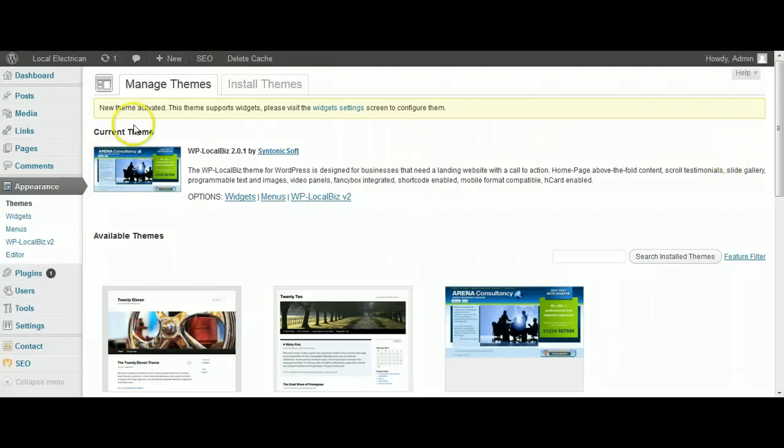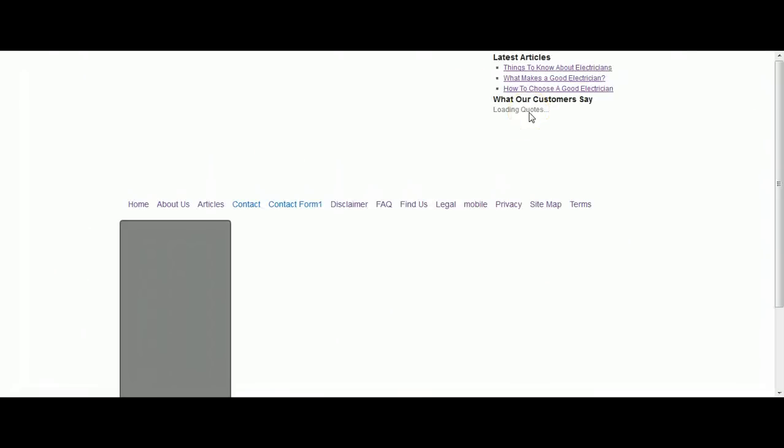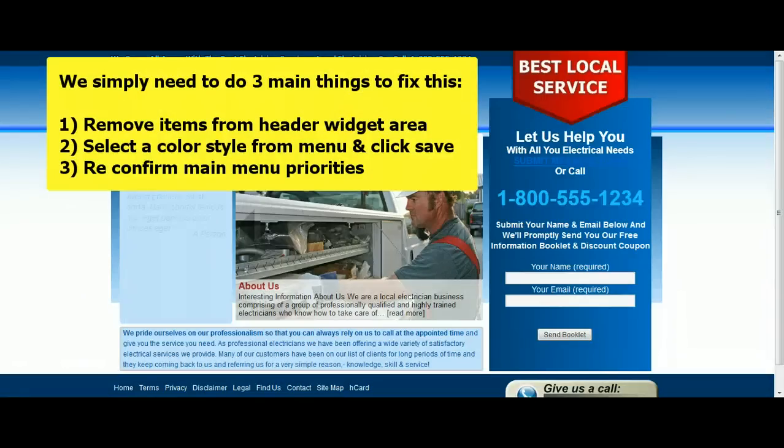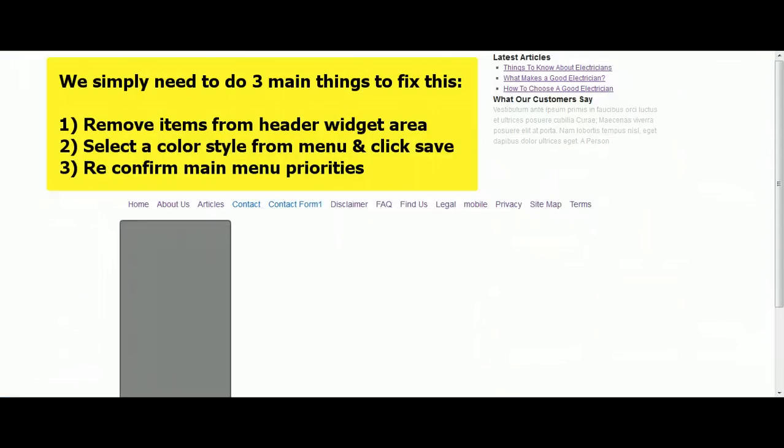Okay, so we've got the new theme, and let's just load up a new tab here, and you can see what it looks like with the new 2.0. Now, it looks nothing like, we've just pretty much got a snow screen with all of these pages from the upper and lower menus just running horizontally from left to right there. And it looks nothing like what the existing page did, and the reason for that is we need to change